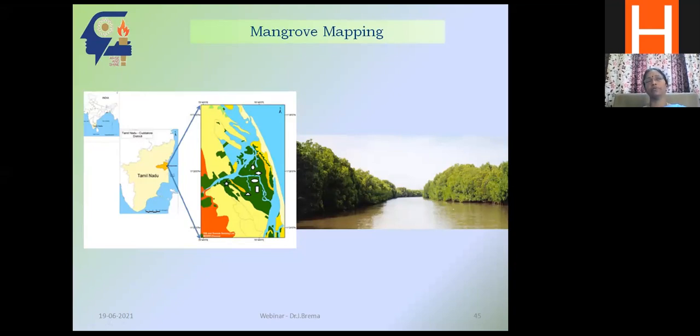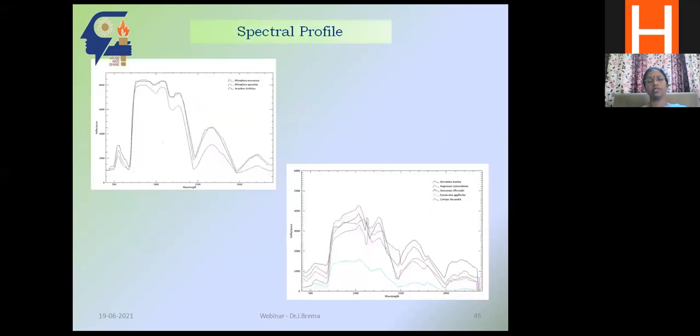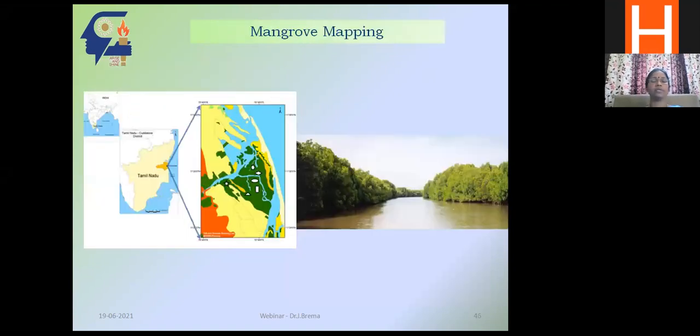We have a lot of species. In this particular study area that I have taken, there are around 8 species. Because of changes in salinity and hydrological flow conditions, one particular species becomes less and another species becomes more. Or sometimes mangrove as a whole goes down and some other invasive species comes up. In such a case, you can make a study using hyperspectral images, which is better for such species identification. For water quality and species identification, it is better to go for hyperspectral imaging, whereas when you want to make a land use land cover analysis, you can go for multispectral imagery.